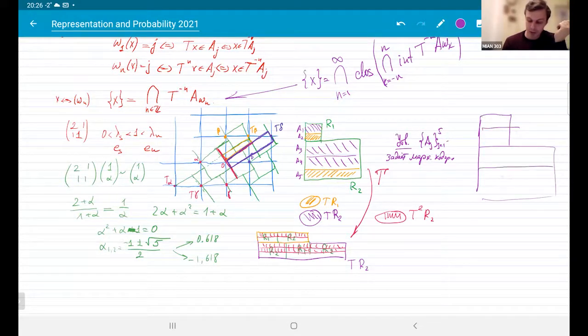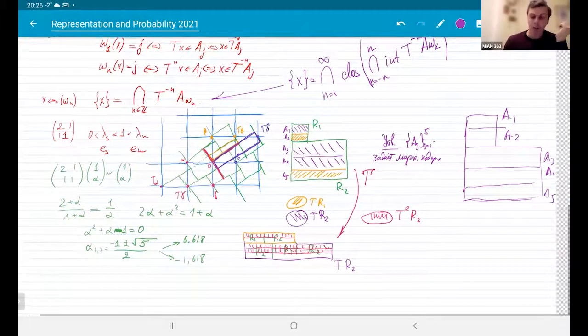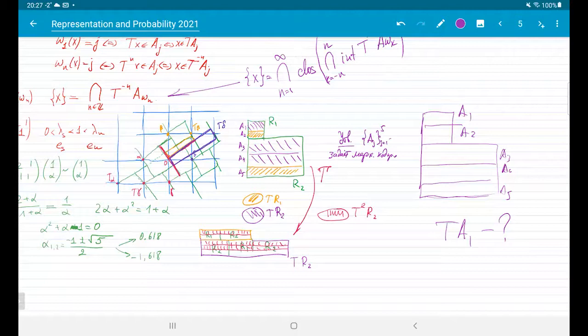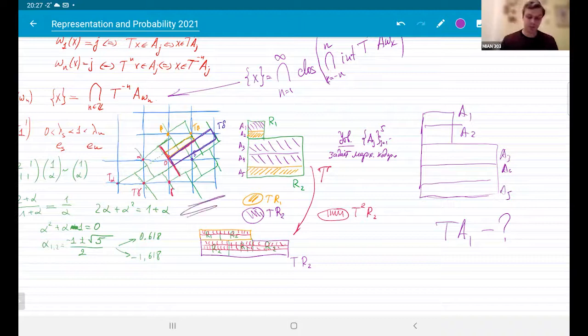Вот вам ваши 5 прямоугольников: А1, А2, А3, А4, А5. А дальше вы задаете вопрос: где на этой картинке, например, TA1? Он будет тоже какой-то полосочкой, и можно эту полосочку нарисовать. Потом нарисовать TA2 и так далее. Это можно делать, рисуя на этой картинке, а можно получать из тех двух картинок, которые уже есть.